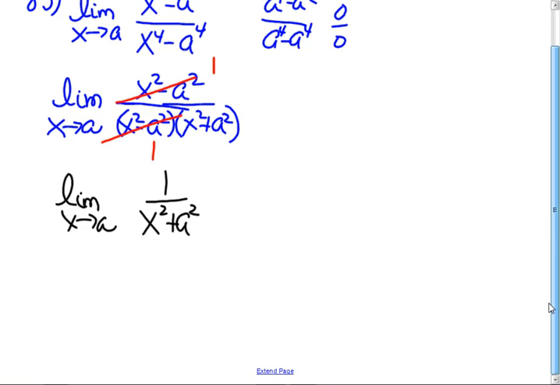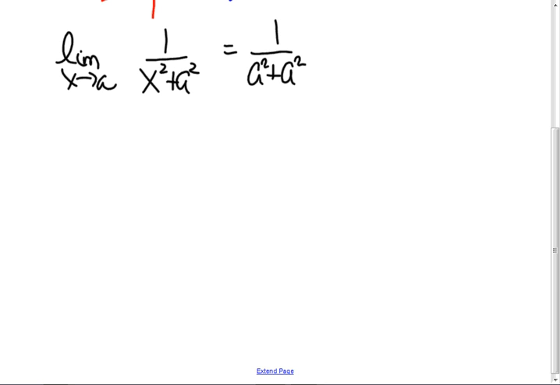Now what do? Substitute it in, right? So it's equal to 1 over a squared plus a squared. And if you look at your choices, be careful. Here's where they get your algebra. Do they have an a to the, oh, they didn't even do that to you. They could have given you an a to the fourth, but what's the answer? 1 over 2a squared. So that's B. Kind of weird, but